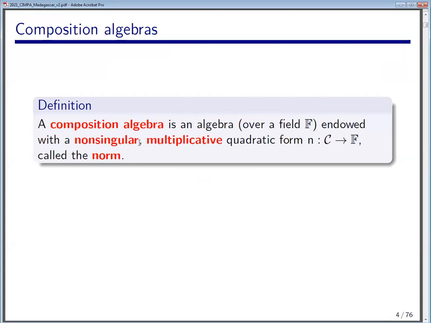The only exception to that is in case of a field of characteristic 2 and an algebra of dimension 1. So essentially we can forget about that because this is a trivial case. So we can assume always that the bilinear form that appears as the polar form of the norm is non-degenerate. So we have a non-degenerate bilinear form induced by the norm, and we had